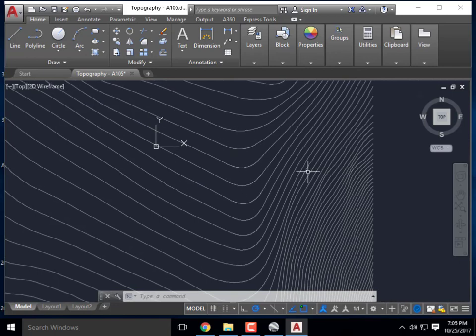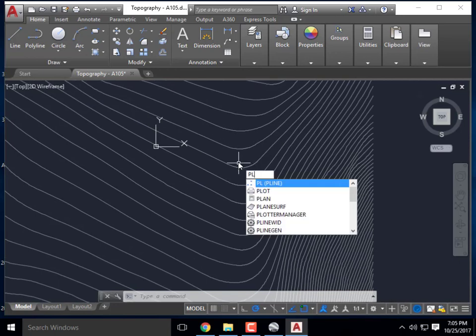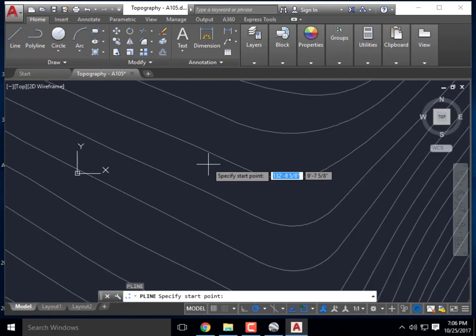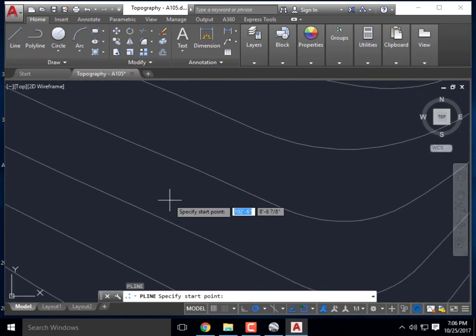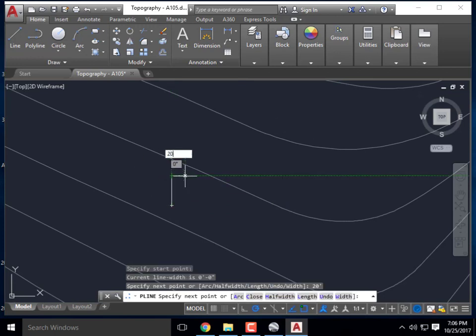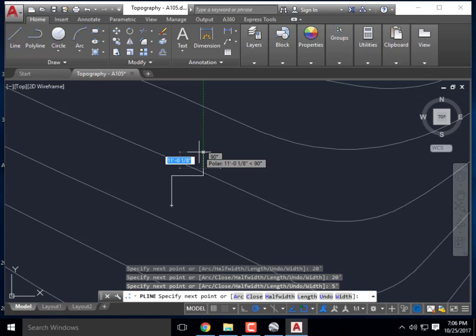So I'm going to start by typing in PL. PL is going to be our polyline. And I'm going to go ahead and start to draw the outer extents of our cabin floor plan. And keep in mind, you want about 1,000 square feet. So I'm just going to make kind of an arbitrary shape on what that cabin might be. I'm going to say 20 feet, 20 feet, and we'll say 5 feet, and then I'm going to say 20 feet again,